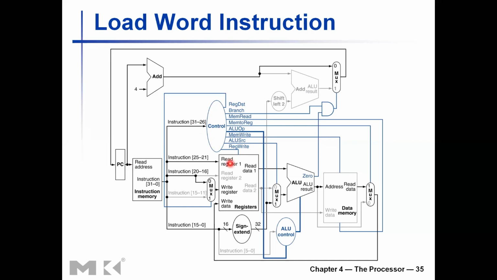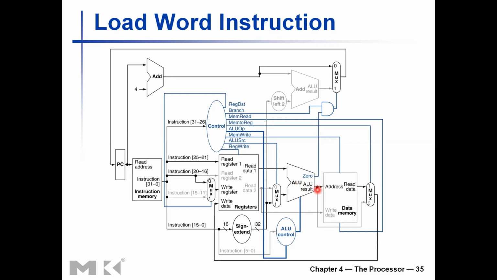And you are reading one register value, which is the base address stored in that register. Take that into the ALU, take the immediate offset, send it to the multiplexer, sorry, send it to the ALU, add the immediate offset to the base register value,